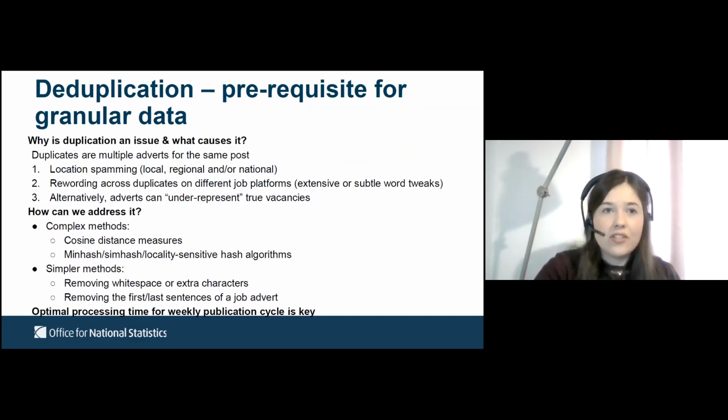So whilst looking at extracting locations, another realization for us was the importance of deduplication, which can impact the series as well. Deduplication mainly occurs in the data when there are multiple adverts for the same post, and that can be caused by the same advert being posted at different location levels, or it may be that the same advert is posted by a different job company and they use slightly different text in their descriptions, which can mean they appear as separate adverts. Alternatively, you can also have an underrepresentation, as some job adverts can be singular but cover multiple posts.